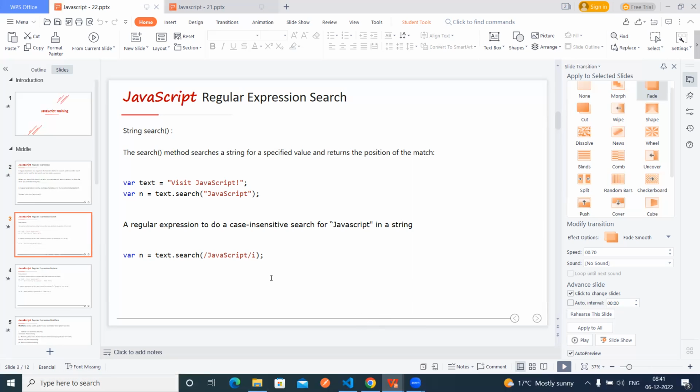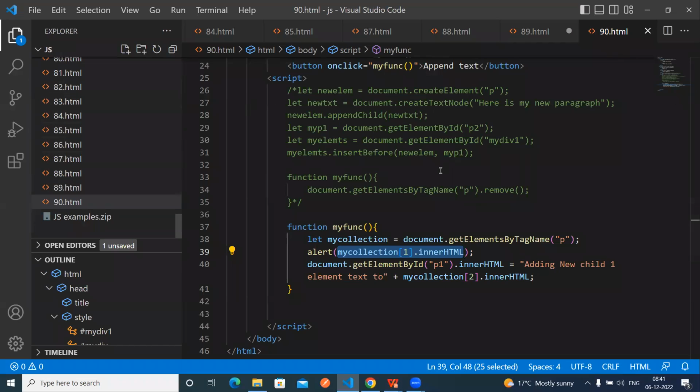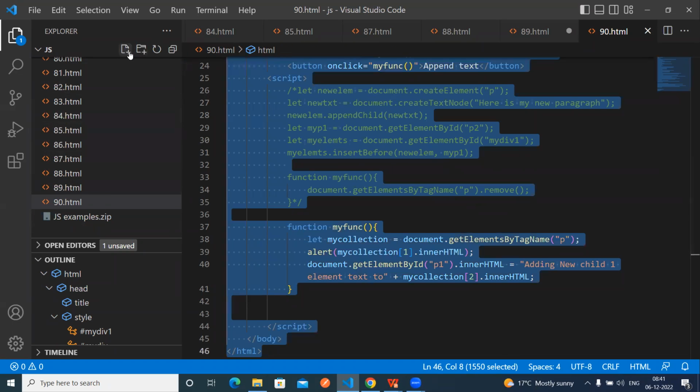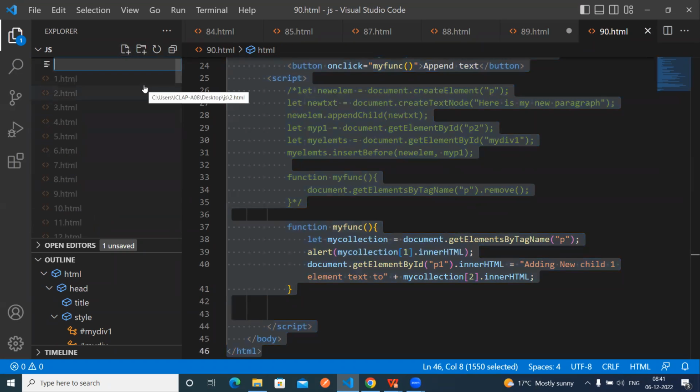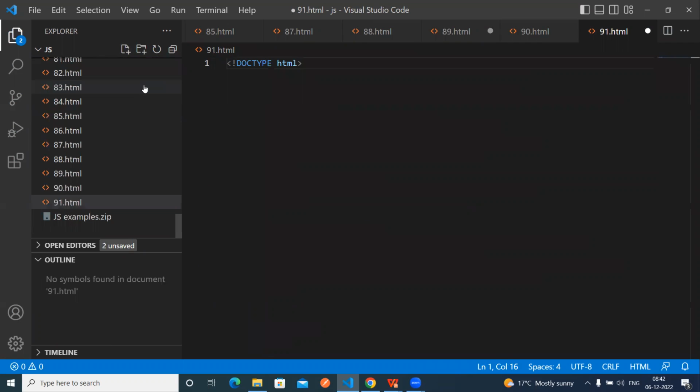So then we can see where it is. Here it is, 91.html. So then doc type, then HTML, so then